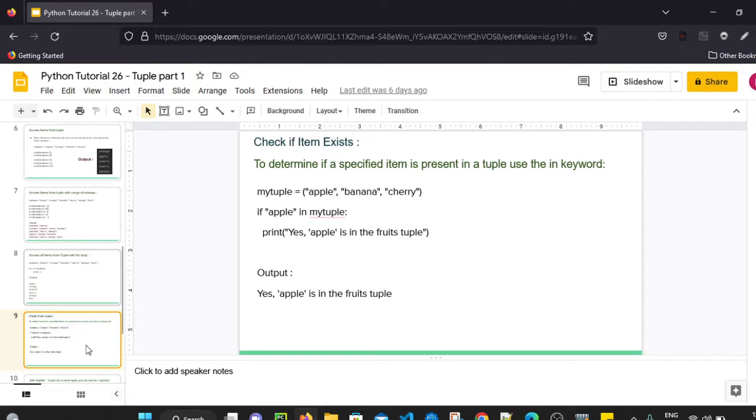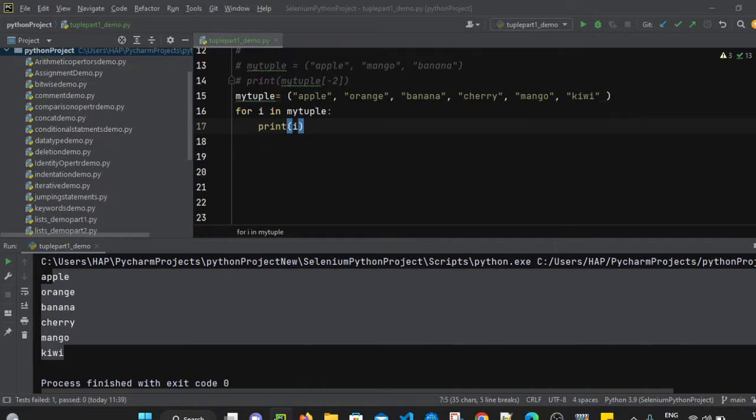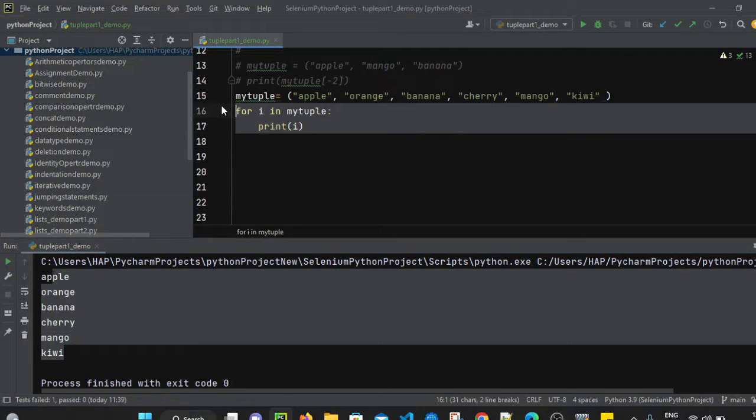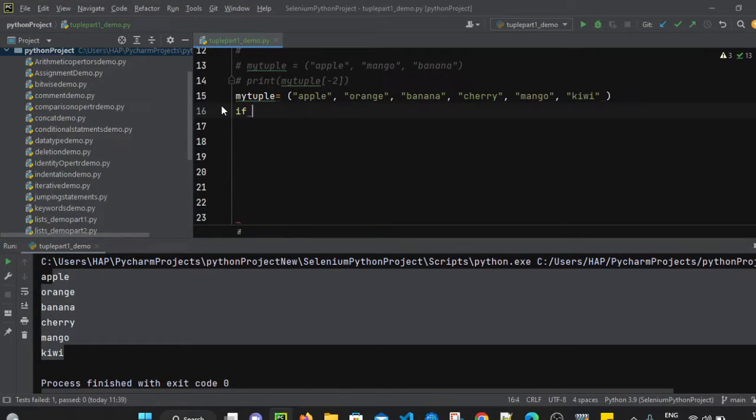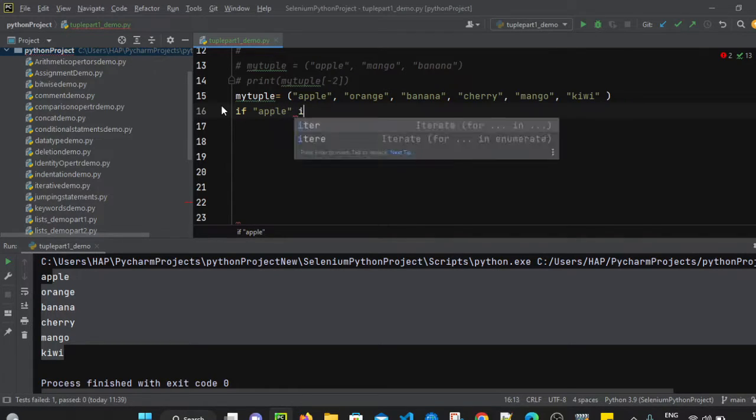Next is how to determine if a specific item is present in a tuple by using the in keyword. So let's go to PyCharm. Let's say I want to check if apple is present in my tuple or not. So how can we do that? I can simply use an if condition: if apple, and then we can use the in operator.